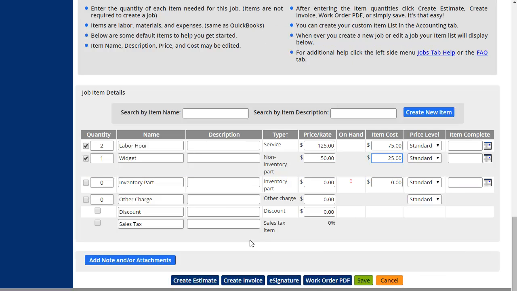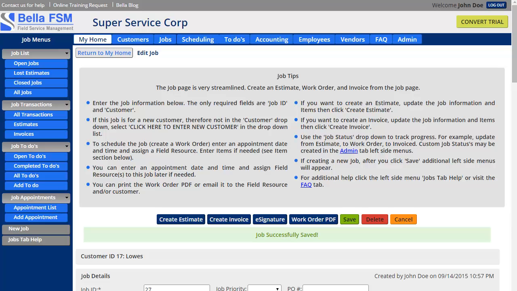Now, you can also add an attachment or a photo or a contract or anything that you would need, or any notes that you want to make as well. Just click the Add Notes and Attachment button. And that's it. So I'm going to save this, and we've actually just created our first job and a new customer already. So the customer was added in the customer list, and the job was added to the job list and placed on my home page